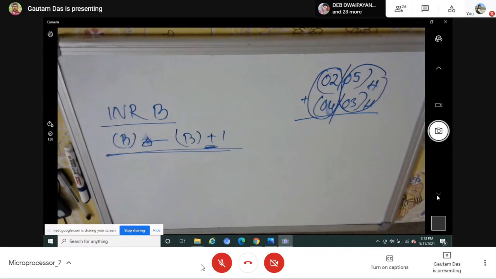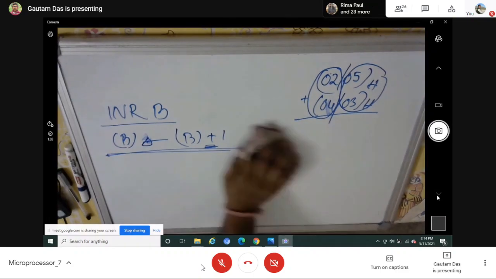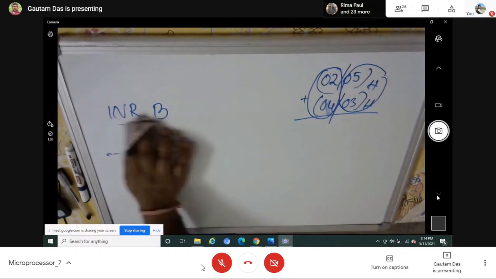So then how is it possible? How is this instruction INR B executed? Because it is basically an addition instruction, an arithmetic instruction. But we know that an arithmetic instruction can only be done in the accumulator. But you see the function of this INR B, the accumulator is never mentioned. It appears that this arithmetic operation is done at B, and after performing the operation at B, the result is stored at B. Is it possible? It is not possible at all.